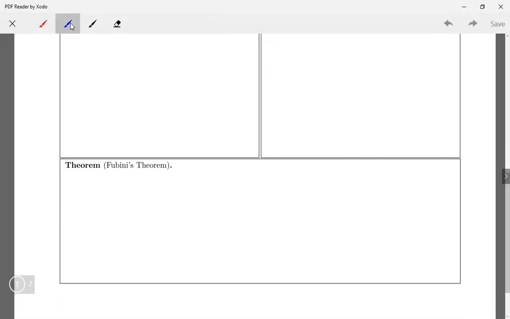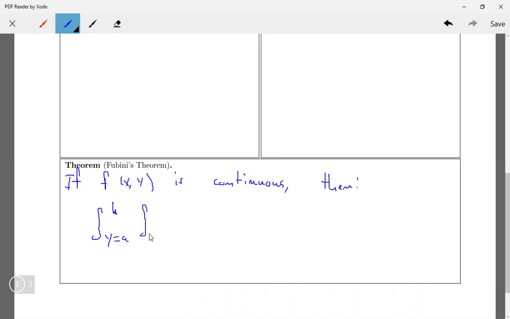Okay, so what does Fubini's theorem say? It says the following. If f of x, y is continuous, then the following fact is true. The integral from y equals a to y equals b of, and so this is an iterated integral, the integral x equals c to x equals d,